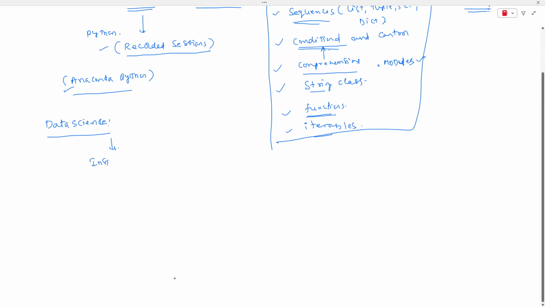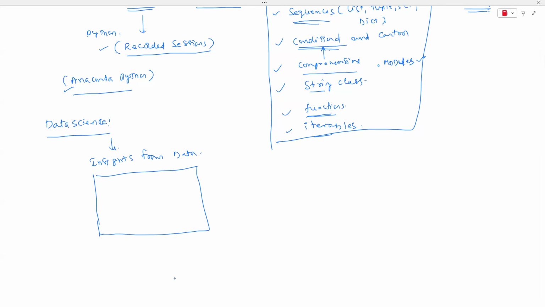To get the insights, we are going to use various techniques, not like business intelligence. Many people ask me, sir, what is the difference between business intelligence and data science? Both are doing the same thing, but business intelligence only talks about the data, that is, only the business analysis.